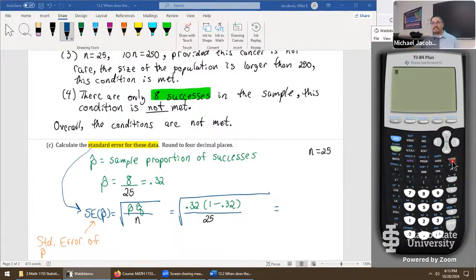So there are lots of ways to calculate this. Let's do the order of operations way for the folks that like to go step by step. Start off with the innermost parenthesis and go 1 minus 0.32. Then with the value 0.68, we want to multiply it by 0.32. So just hit times 0.32. It's always a 1 minus, but it's always times something else. And it's always right after divide by something. Hit division, throw in the sample size of 25. And we get this figure, 0.008704.